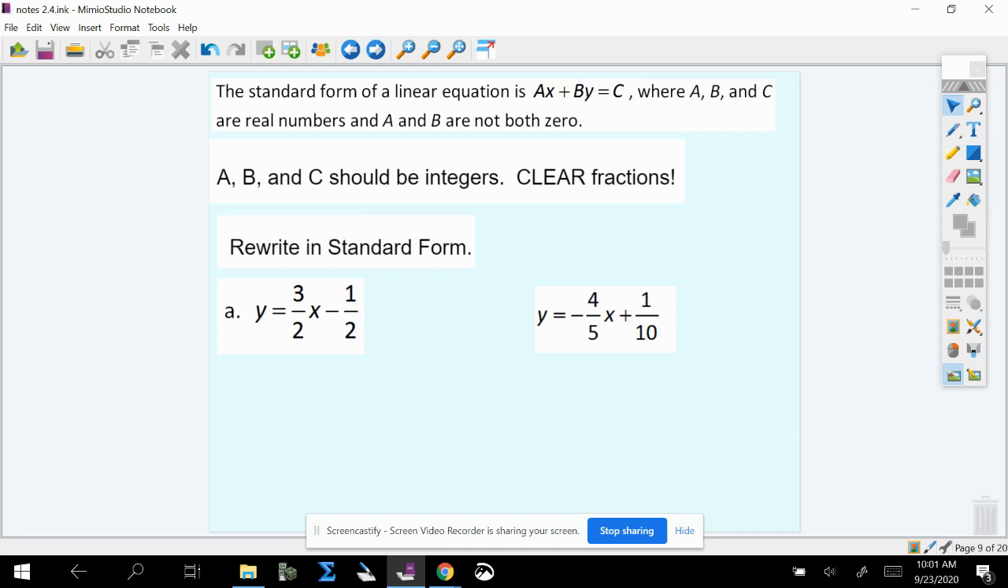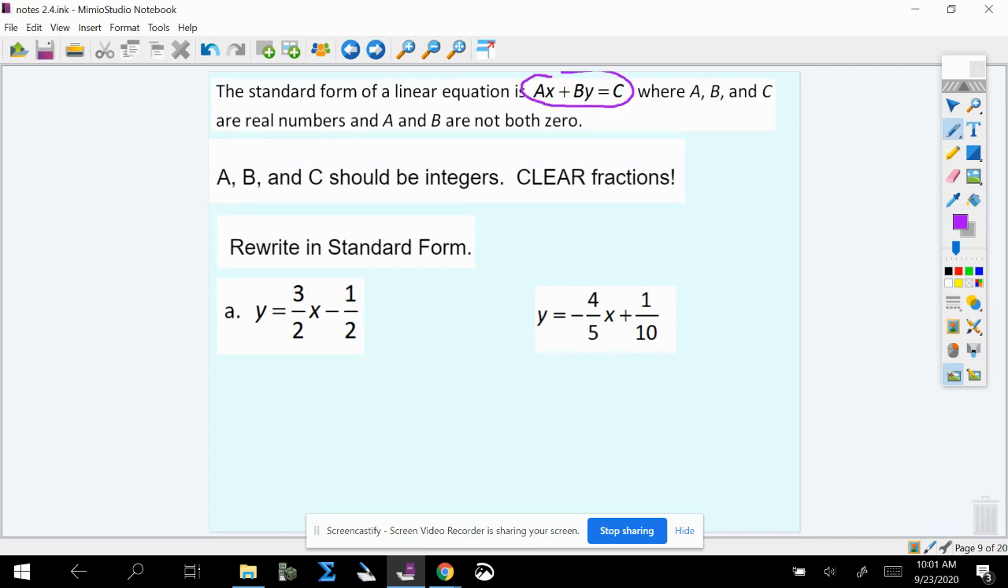Continuing in 2.4, I want to talk about another form of line. So we've talked about slope-intercept form, we've talked about point-slope form. The last form that we need to talk about is called standard form. Standard form, and you can see kind of the instructions here at the top, standard form is written basically in